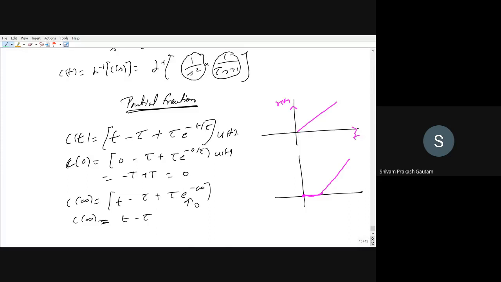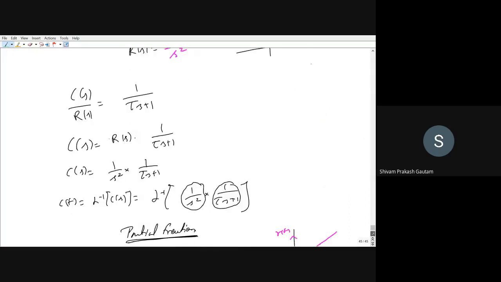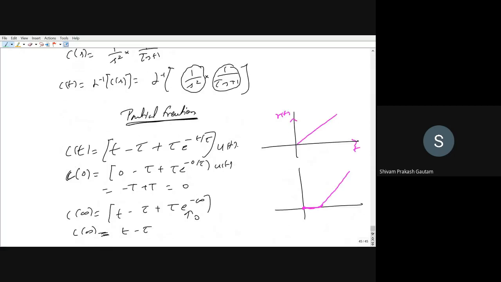So if I want to draw it side by side, I can draw it like this. Right. So you can see till this point it is having some deviation, and from this point onward it is becoming constant. So from this to this, you can say that is a transient response, and from this point it is a steady state response, right? So this is your C(t), this is your time. This is for when your input is unit ramp.